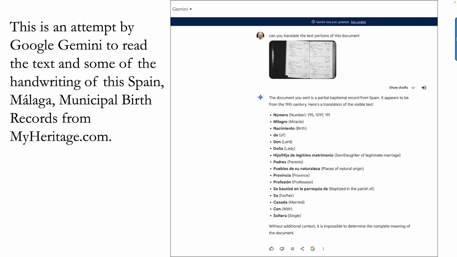some limitations here. And in this particular case, I had Google look at this, and it said that the next word down was milagro, and it was translated as miracle. Well, that's not correct. Actually, the word on the document is Malaga, and that's the province. Apparently, Gemini did not realize that Malaga was a place, not a word to be translated. So these are the kinds of limitations that you're going to see as you work with this, but given the fact that I've got the rest of the information that appears to be reliable, then there's incentive to use that